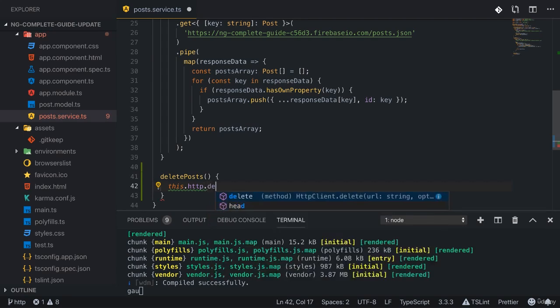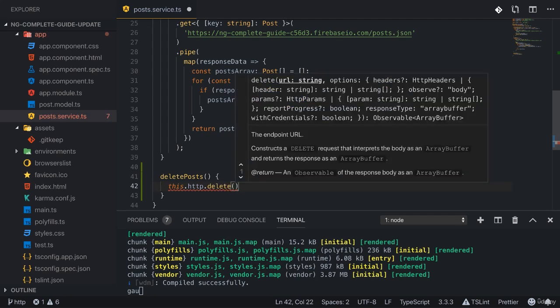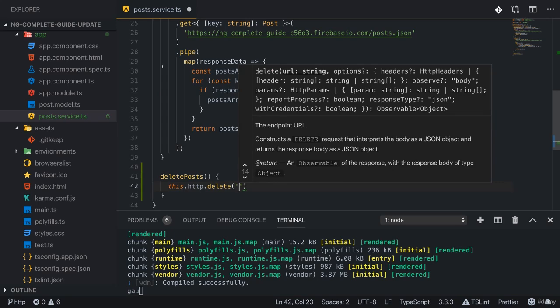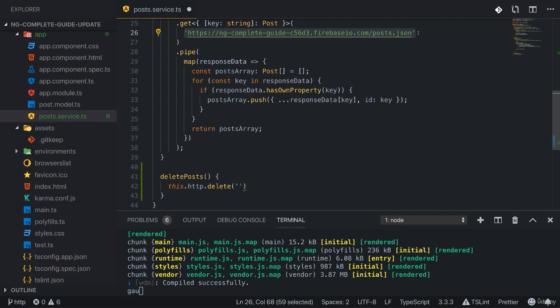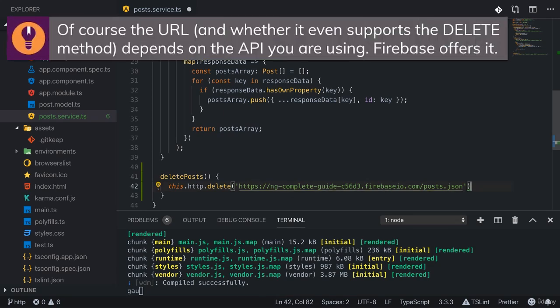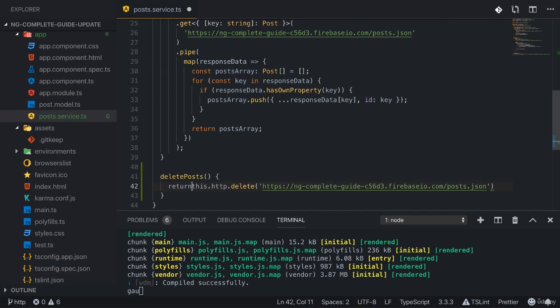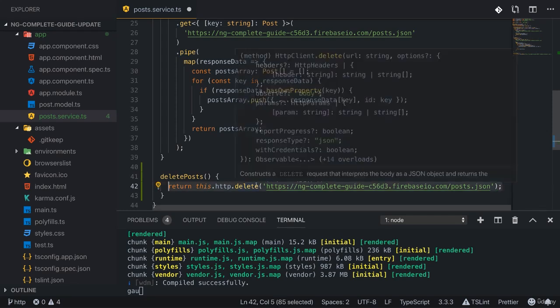And there, we can now use the delete method, which will send a DELETE request. Now this method requires a URL to which it should send the request, and since I want to clear all posts, I will grab this URL, which targets the overall posts node, and send my request there, so that all the posts there get deleted. Now if I want to be informed about that deletion process in the component, which in this case I want, but if you chose a different solution, that's fine too. But if I want to be informed in a component, I will return my observable here,